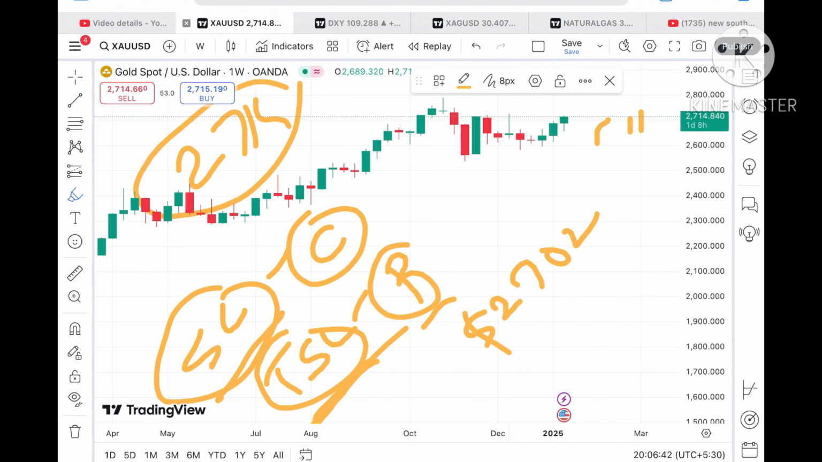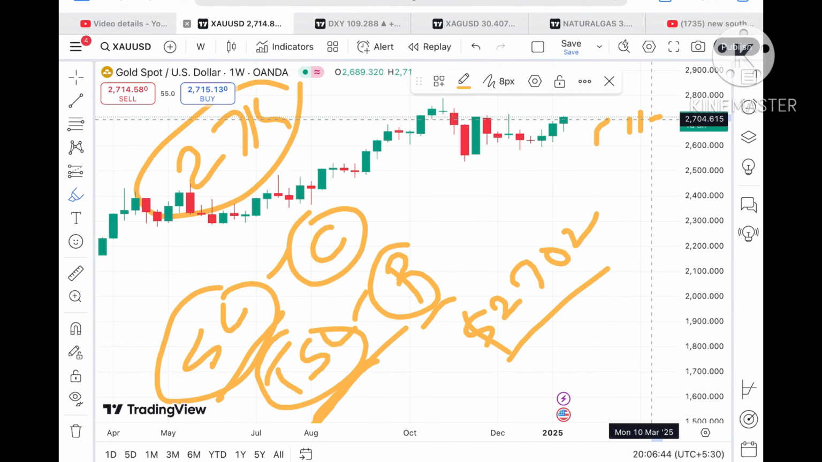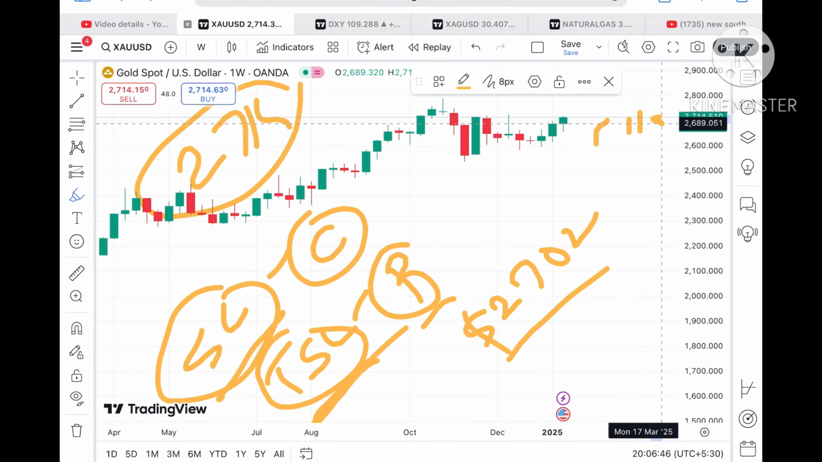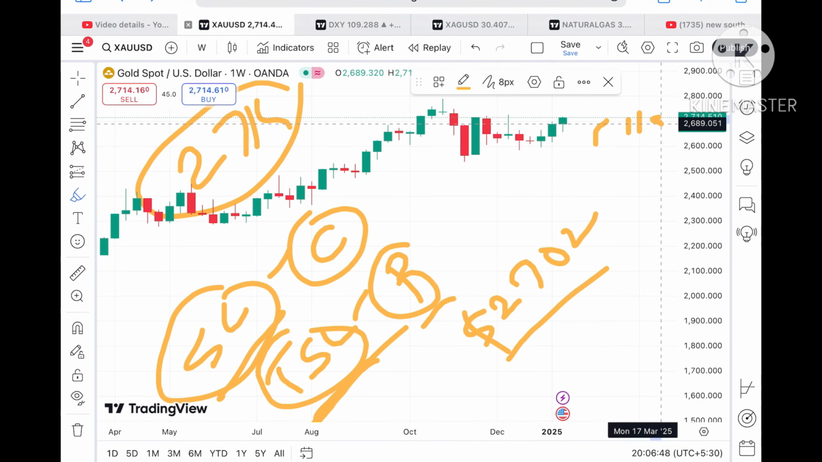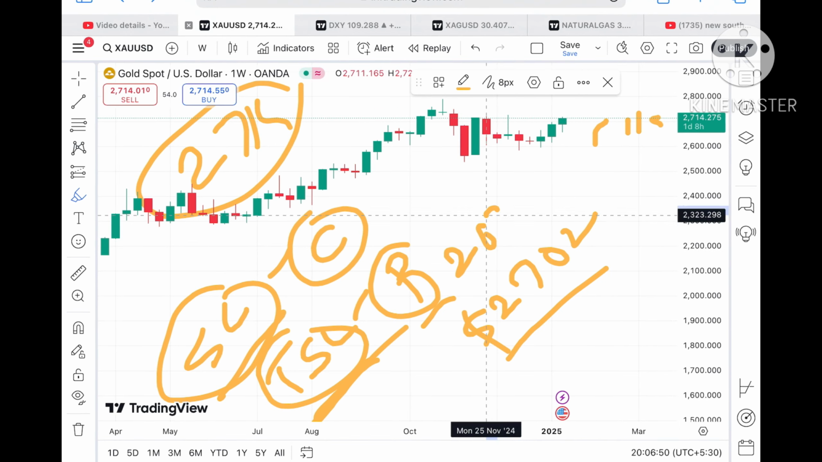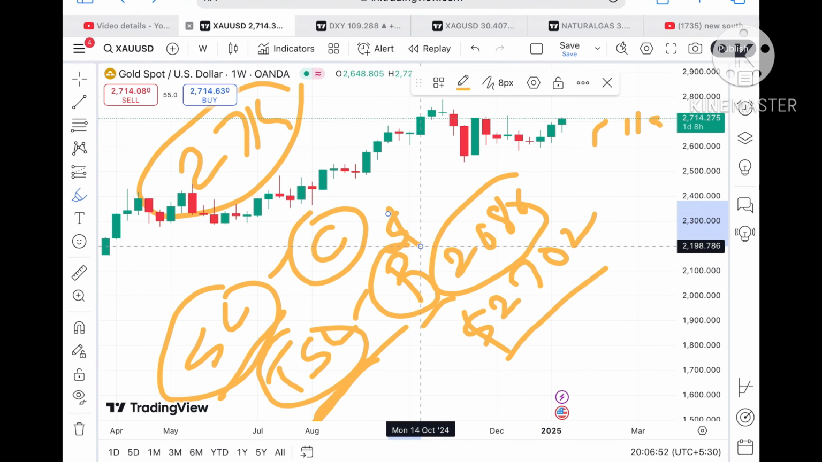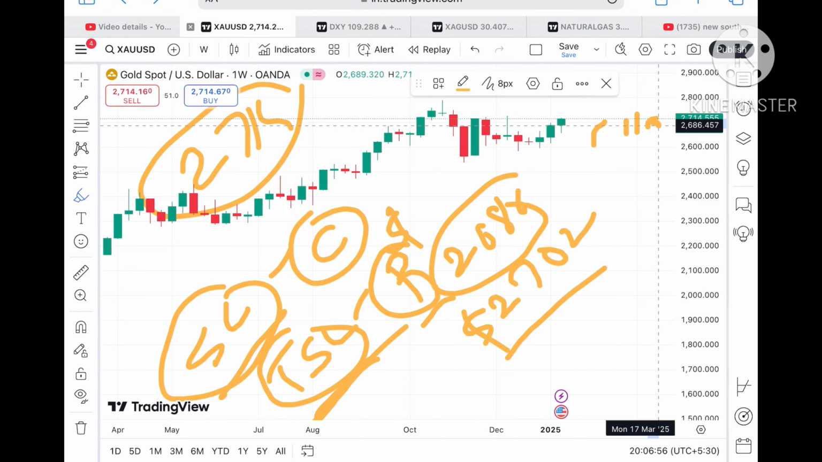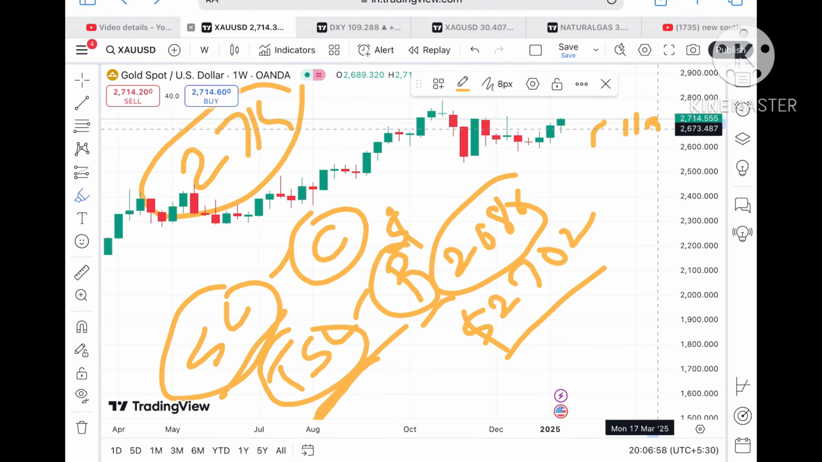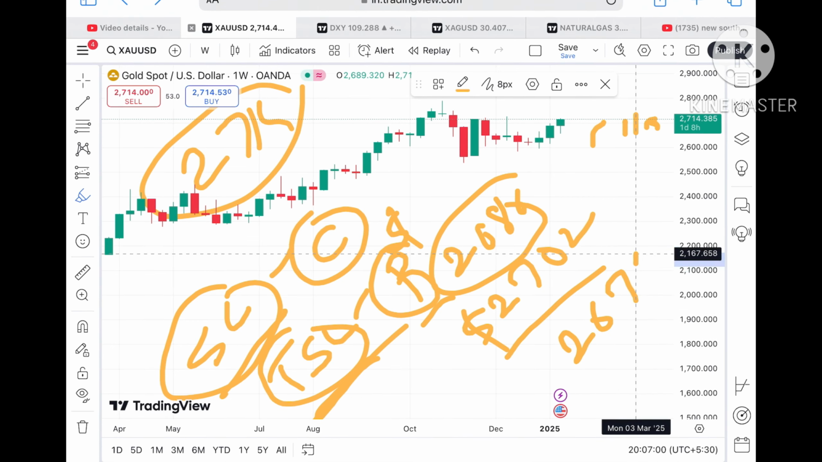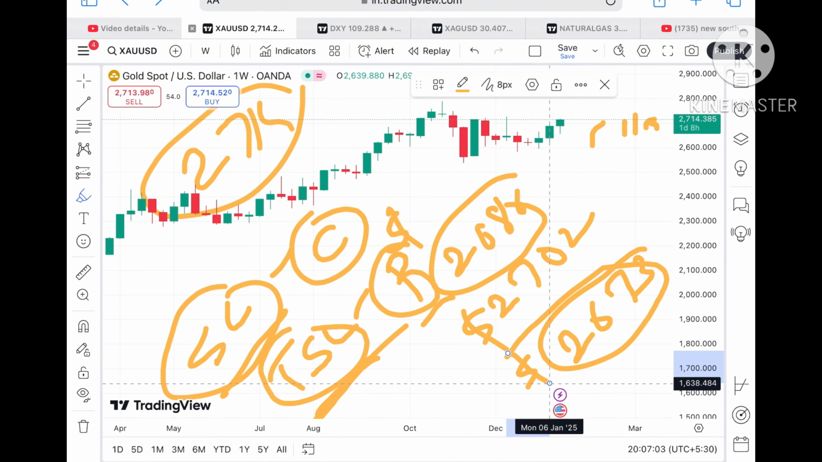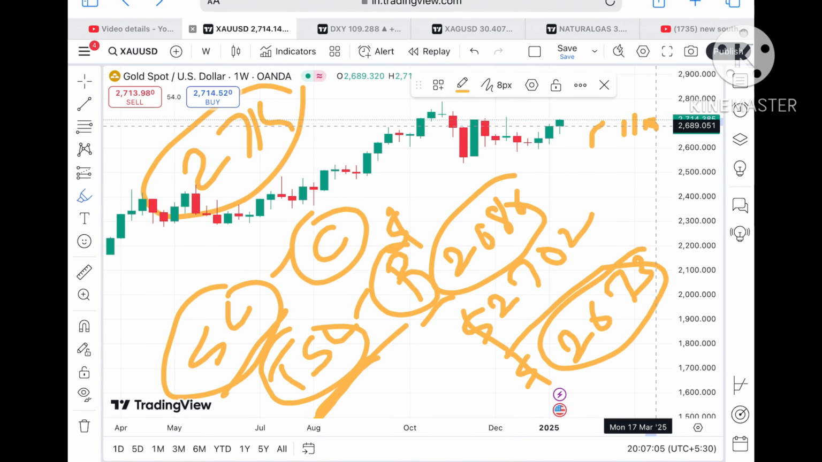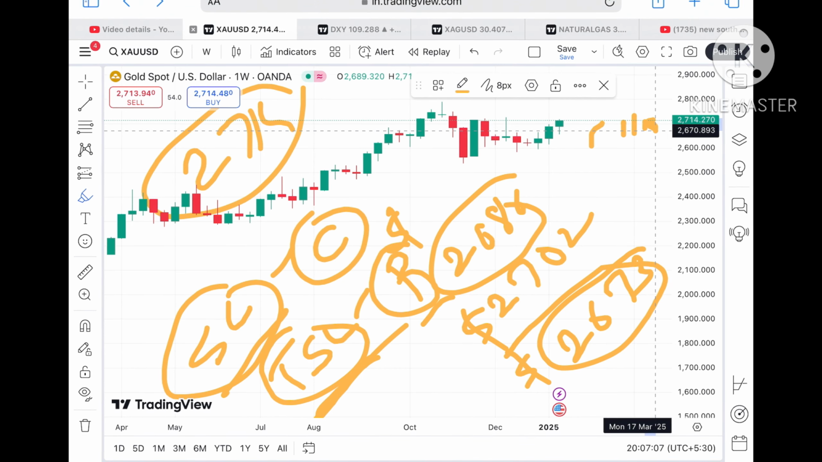$27.02. Okay, and suppose the price starts falling below 27.02, we can see a further downfall, and then it can go towards a level of around $26.86. Okay, and if the price moves below a level of $26.86, we can see a further fall towards a level of around $26.73. Once the price moves below a level of 26.73, we can see a further fall towards a level of around